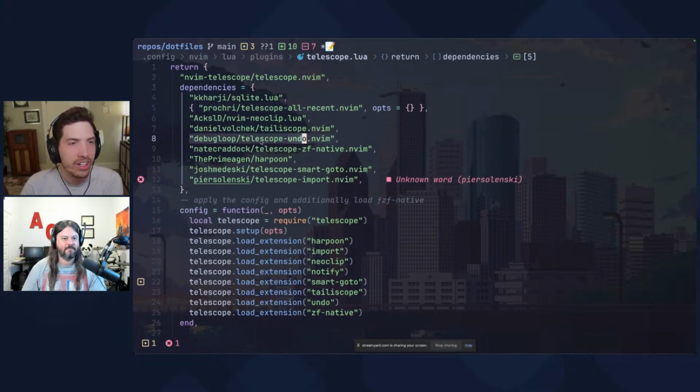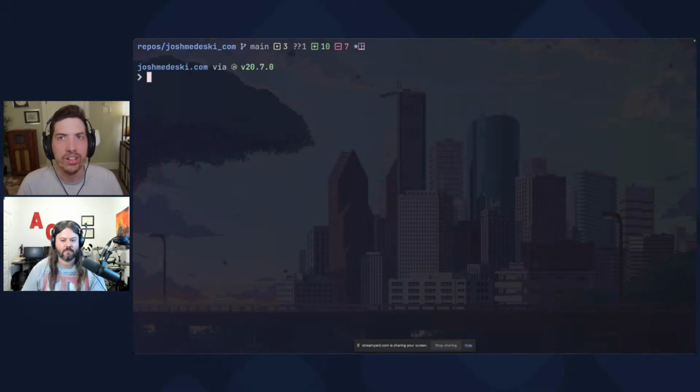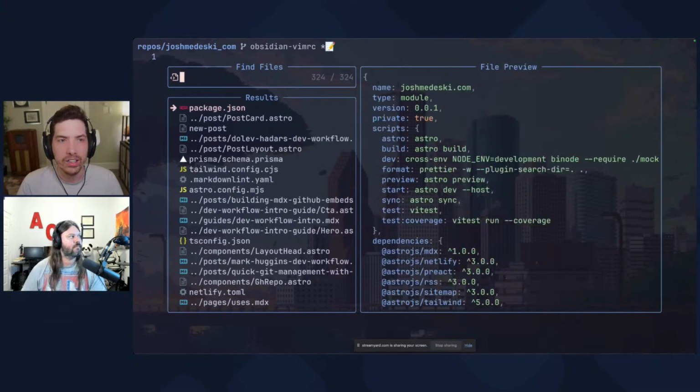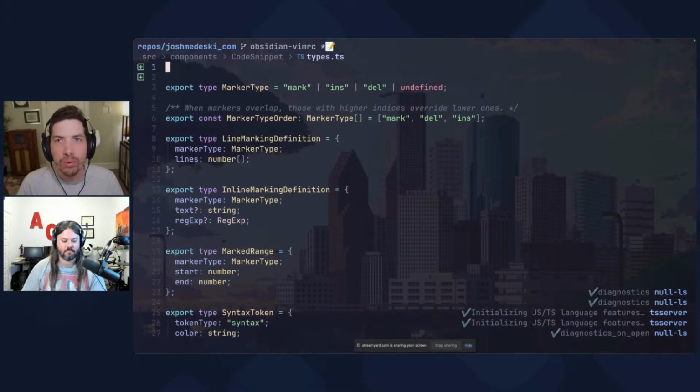Undo history can be tracked and viewed through Telescope. This import one is new, and I think this one's actually super cool. Let me go to my website and show you this one. So let's go to a TS file. If I want to import something,